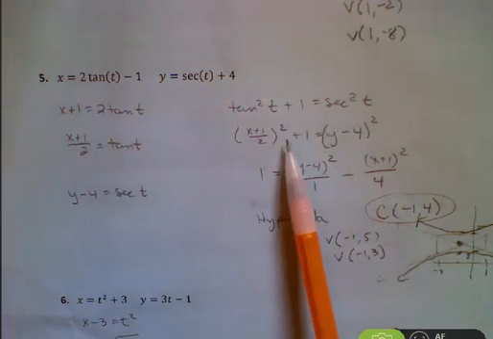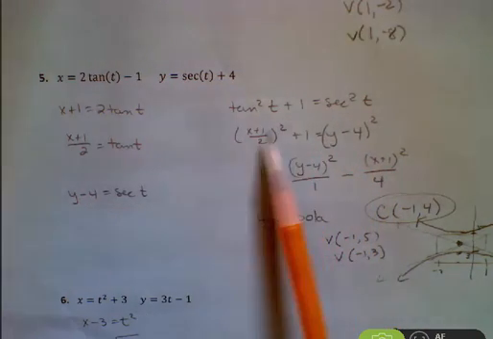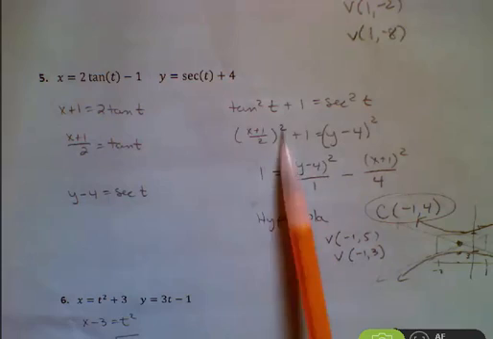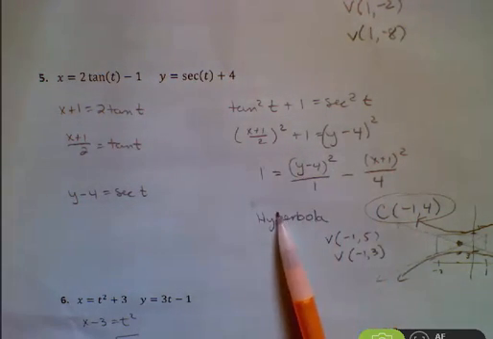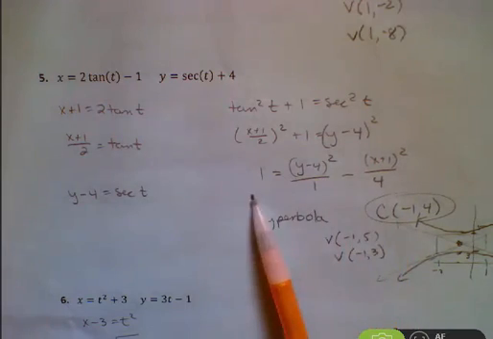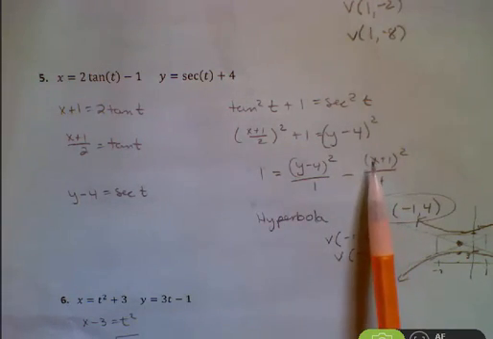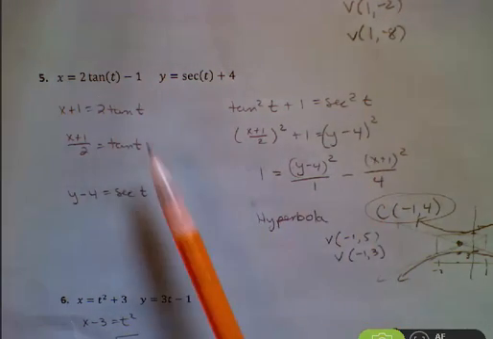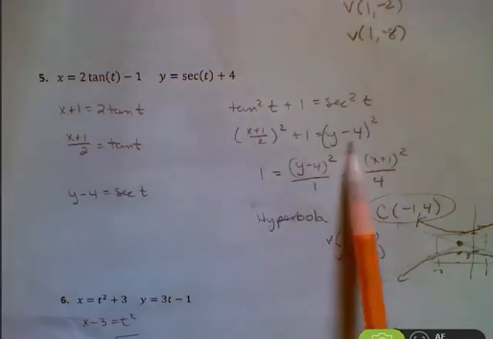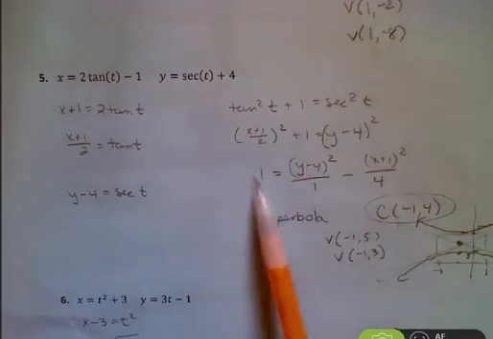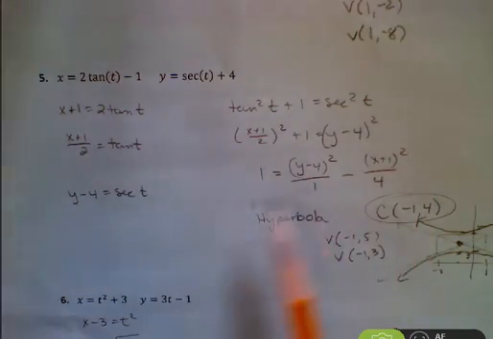Now with this one, again, if I want to get the 1 by itself, I had to subtract this x plus 1 over 2 squared. So I subtracted that on both sides of the equation to get this equation. And again, that's the main piece of this: can you solve each of them for their trig value, plug it into the identity you should know, and then get it into this form. After that, again,